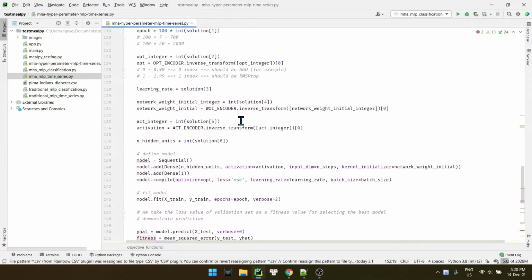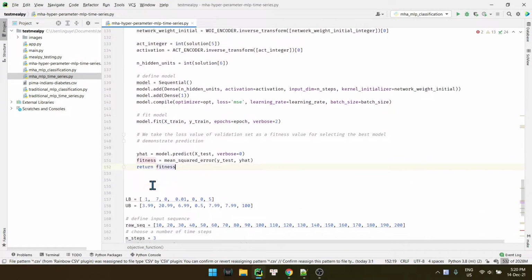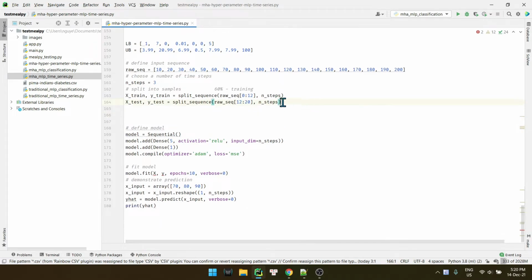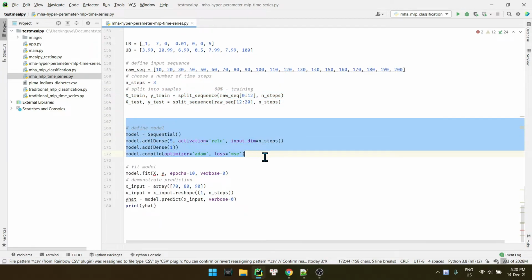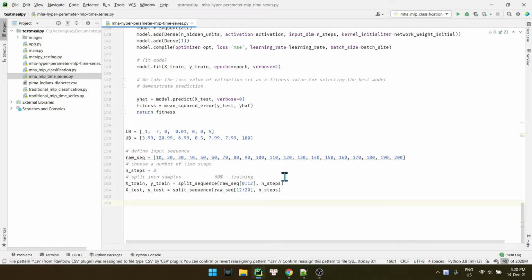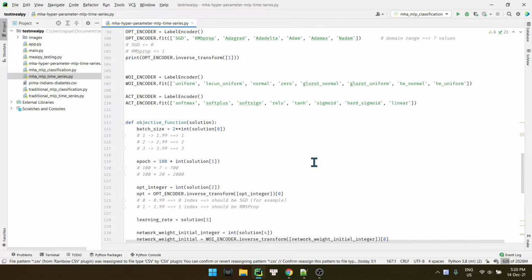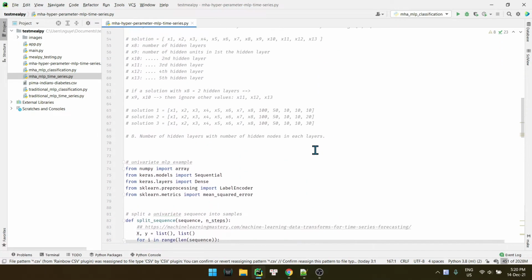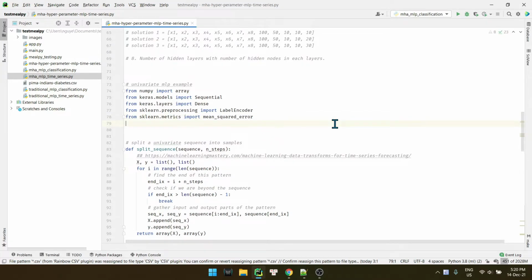Alright, so try to run it. So we have everything. We don't need this, okay, and we also don't need this. Now we need to define the model or import the model we want to use.